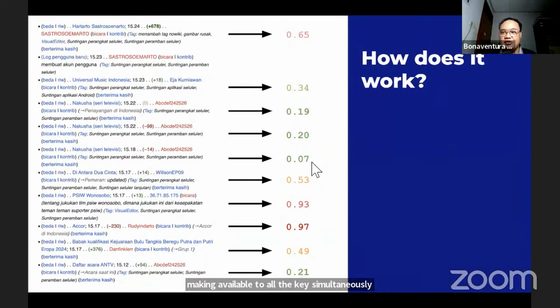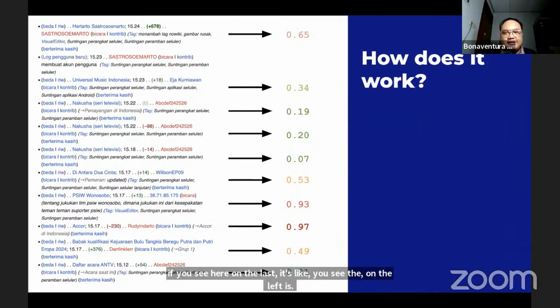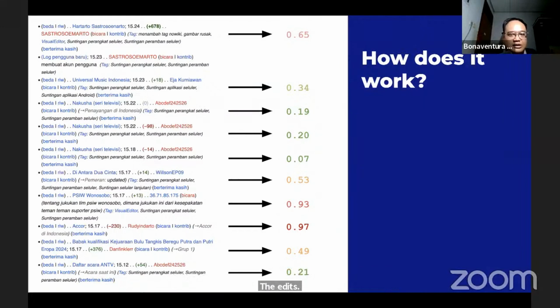So if you see here, on the left are the recent edits in recent changes in Wikipedia, for example. And on the right is a number. The number itself is like the threshold. If the number is near one, like 0.97 in this example, it's likely to be reverted automatically.